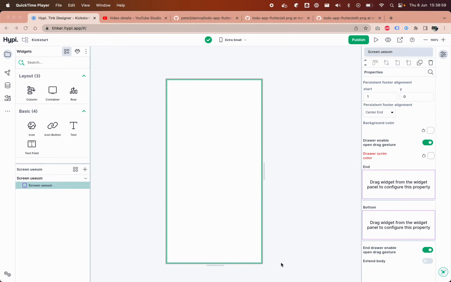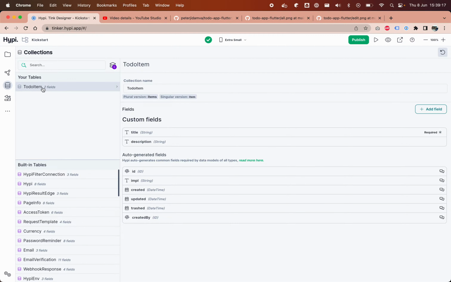The Hippie To Do app series. In this series, we're working on creating a simple to do application. If you've not seen the previous video, we've already done an introduction and created a collection. So this to do item collection that we will use to store the title and description of to do items